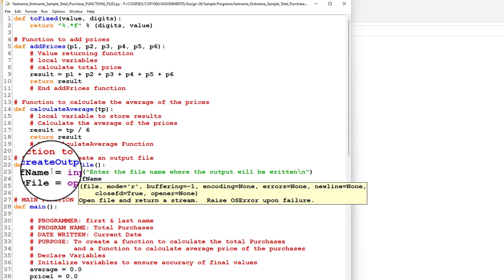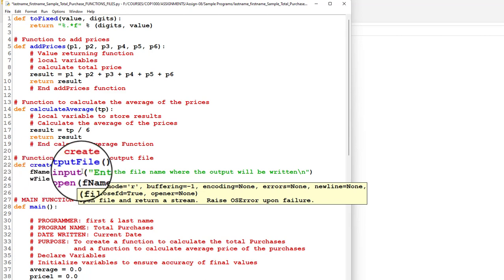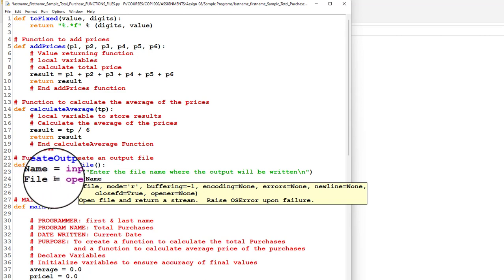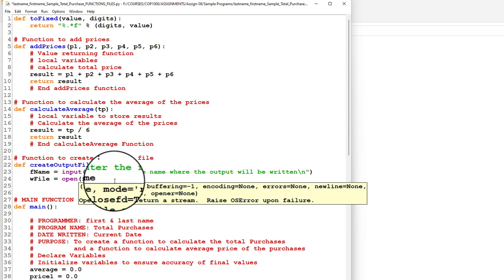See, file name, which is fname, is asking the question. So as soon as the user enters it, we're going to tell the computer to open that file. And the file that we're going to create is a text file. So rather than the user having to write .txt for every file, I'm just going to add it to this by saying .txt, comma, and then we're telling the computer to open this file so that we can write to